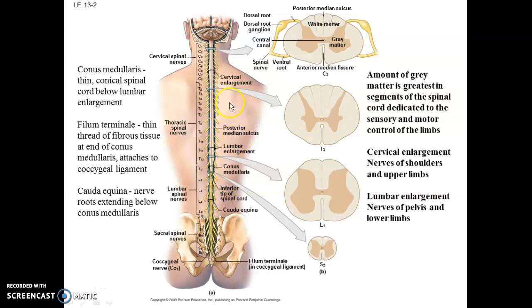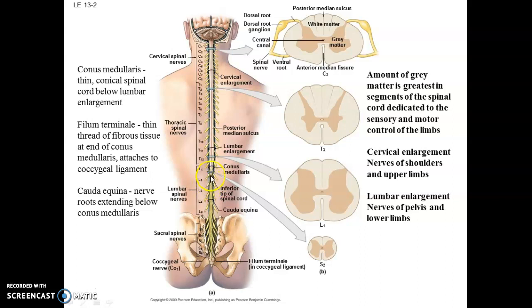Don't forget to know the cervical enlargements, the lumbar enlargement. There are cervical spinal nerves, the number of 8 cervical spinal nerves, the conus medullaris. The spinal cord stops at L1 and L2,